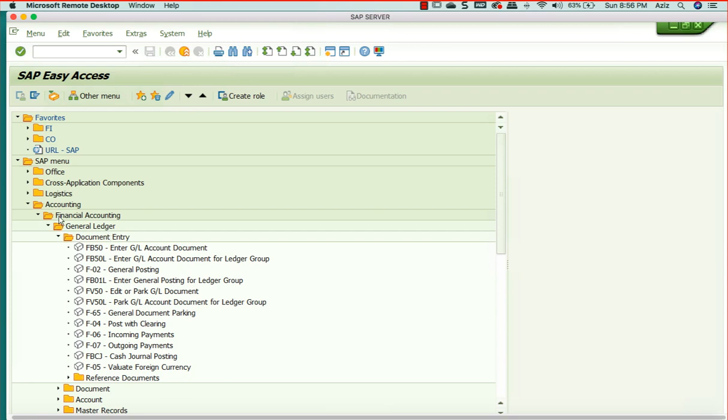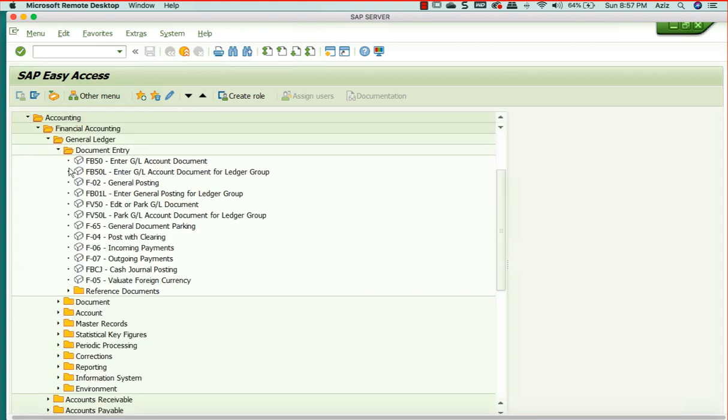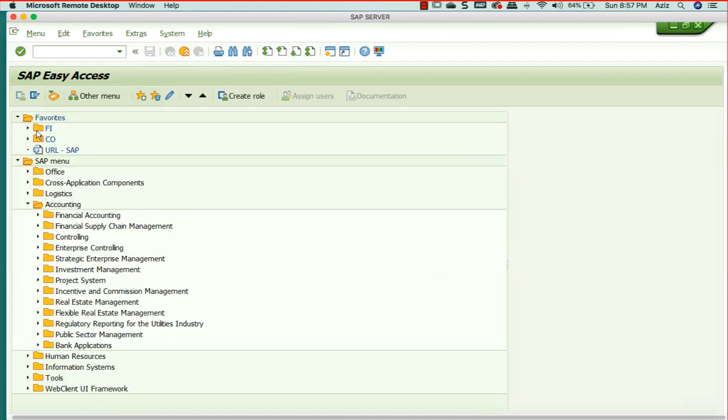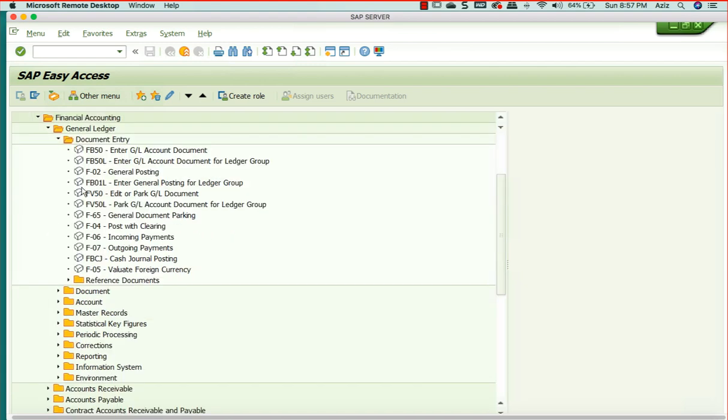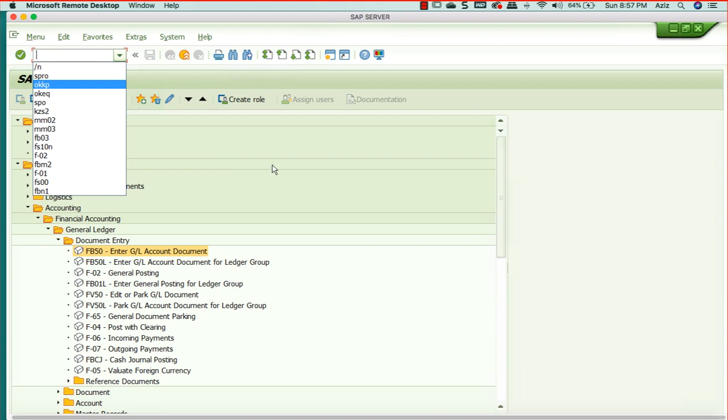You can either go using menu path. These are called menu path, right? These are the path, right? This is a path. You go first accounting, then you go to financial accounting, then you go to document entry, right? These are the paths. So you can use menu path, or you can use FB50, and you are on any